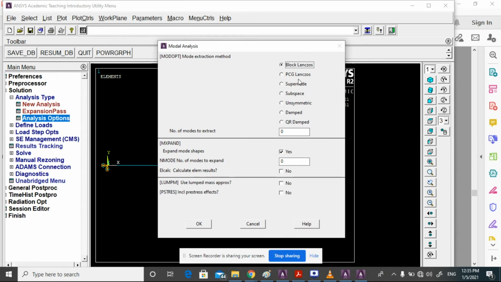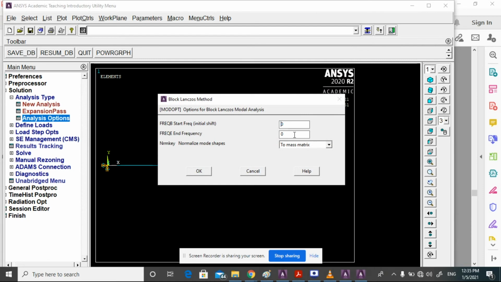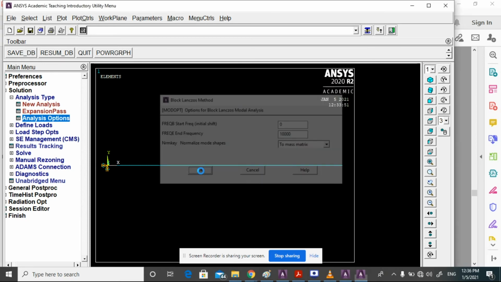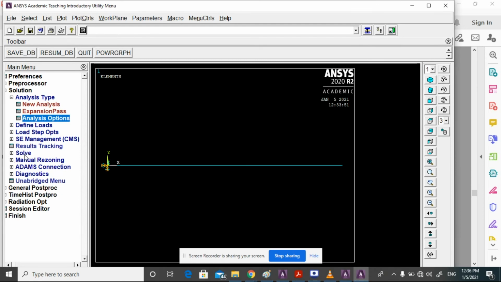Enter the number of modes to extract as 5, and the end frequency 10,000. Then click OK. Solve current LS.